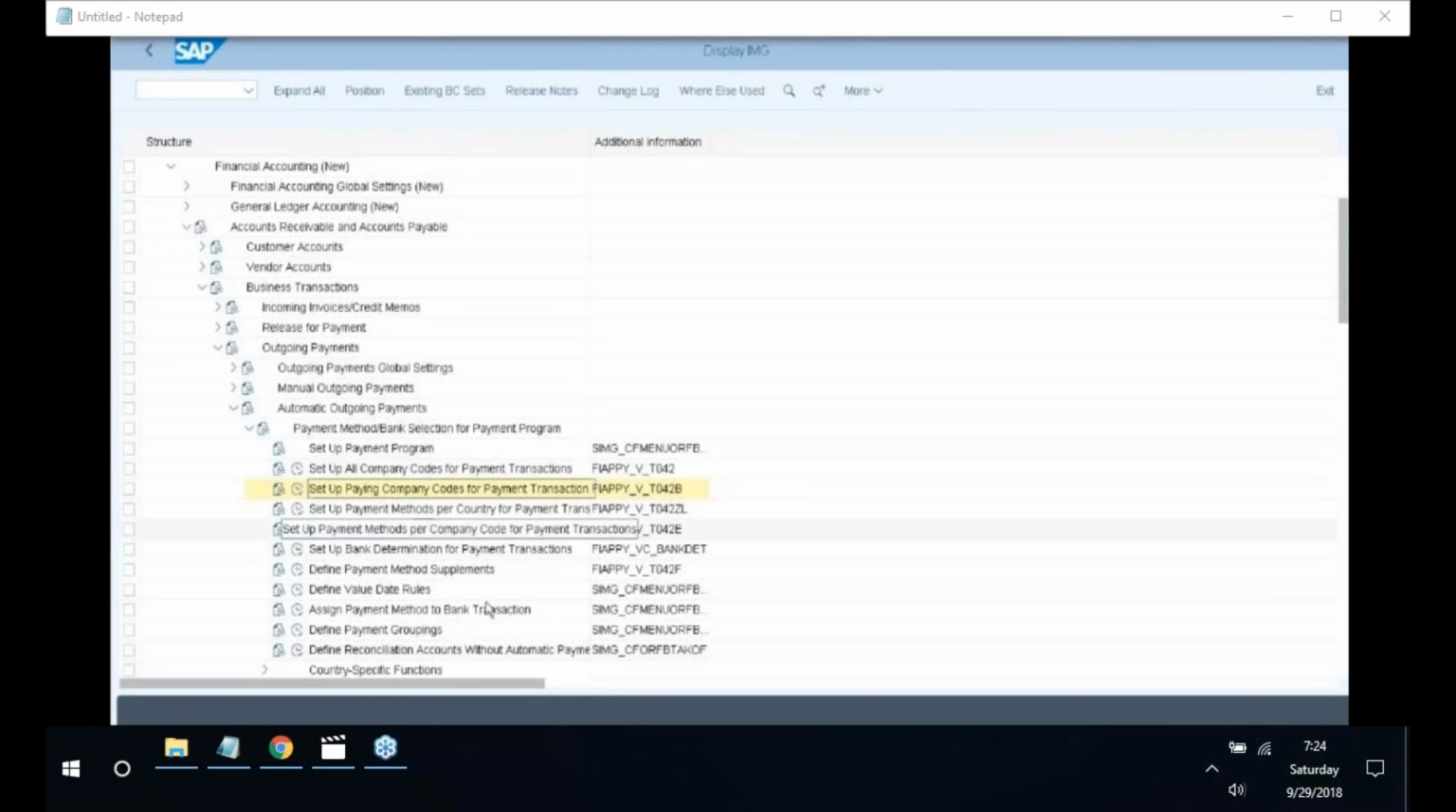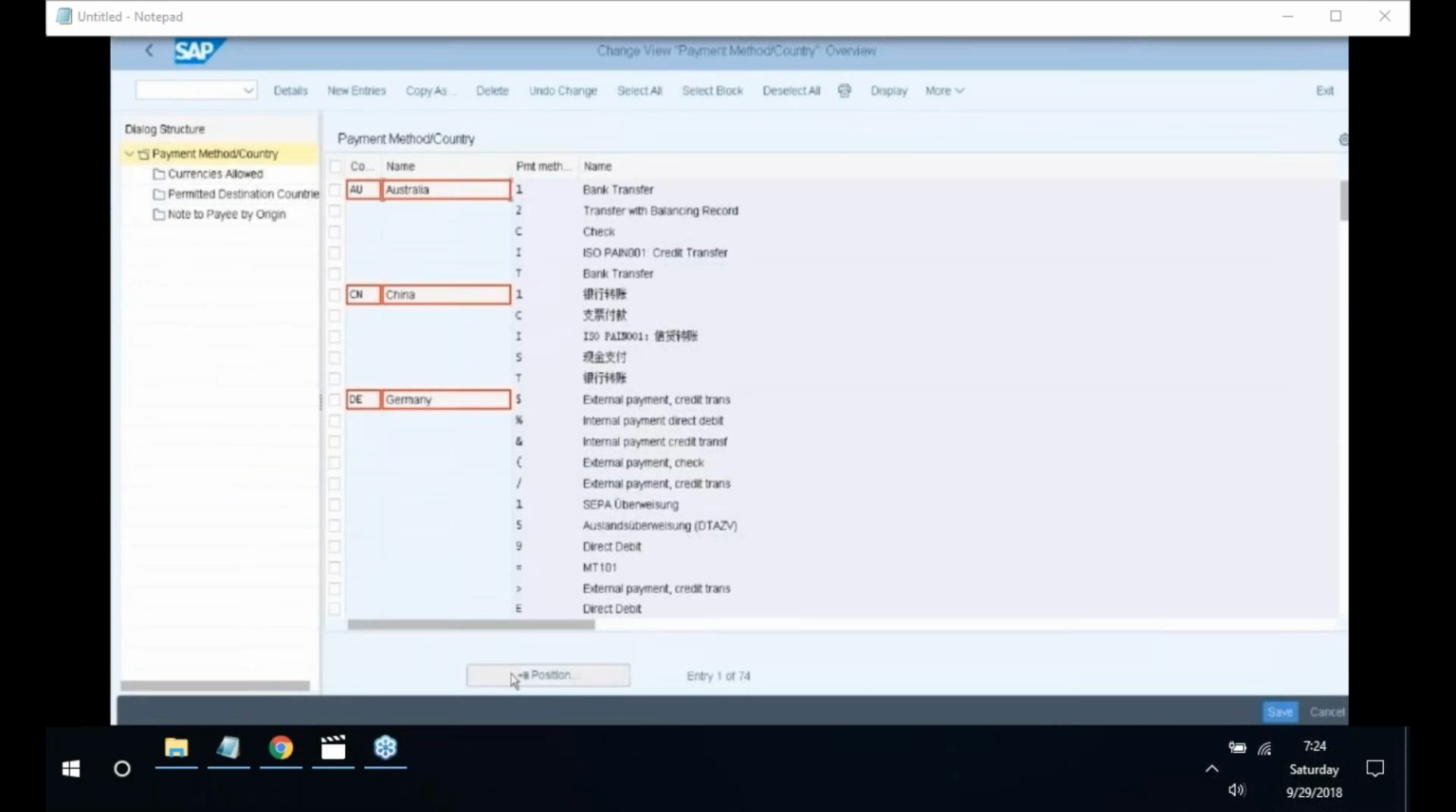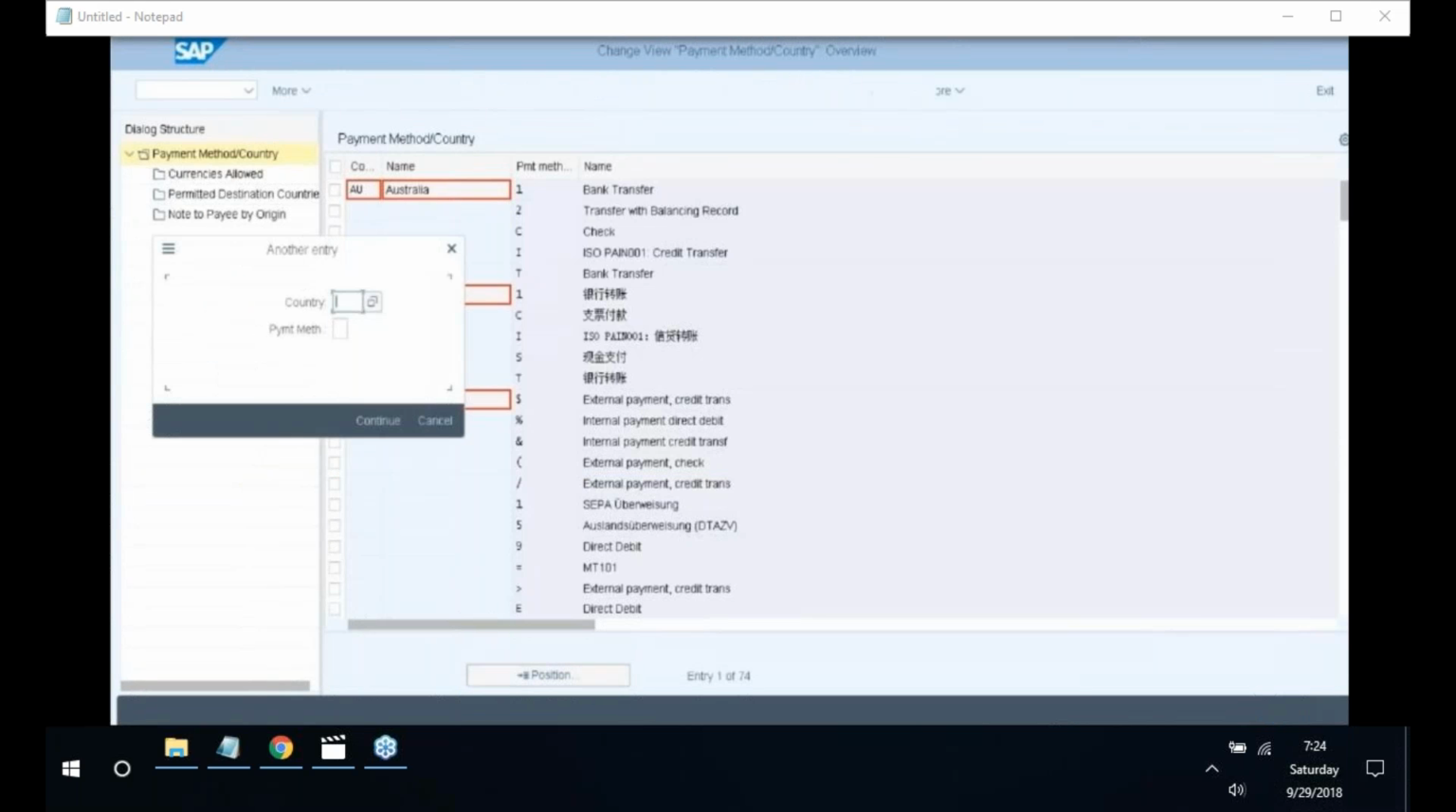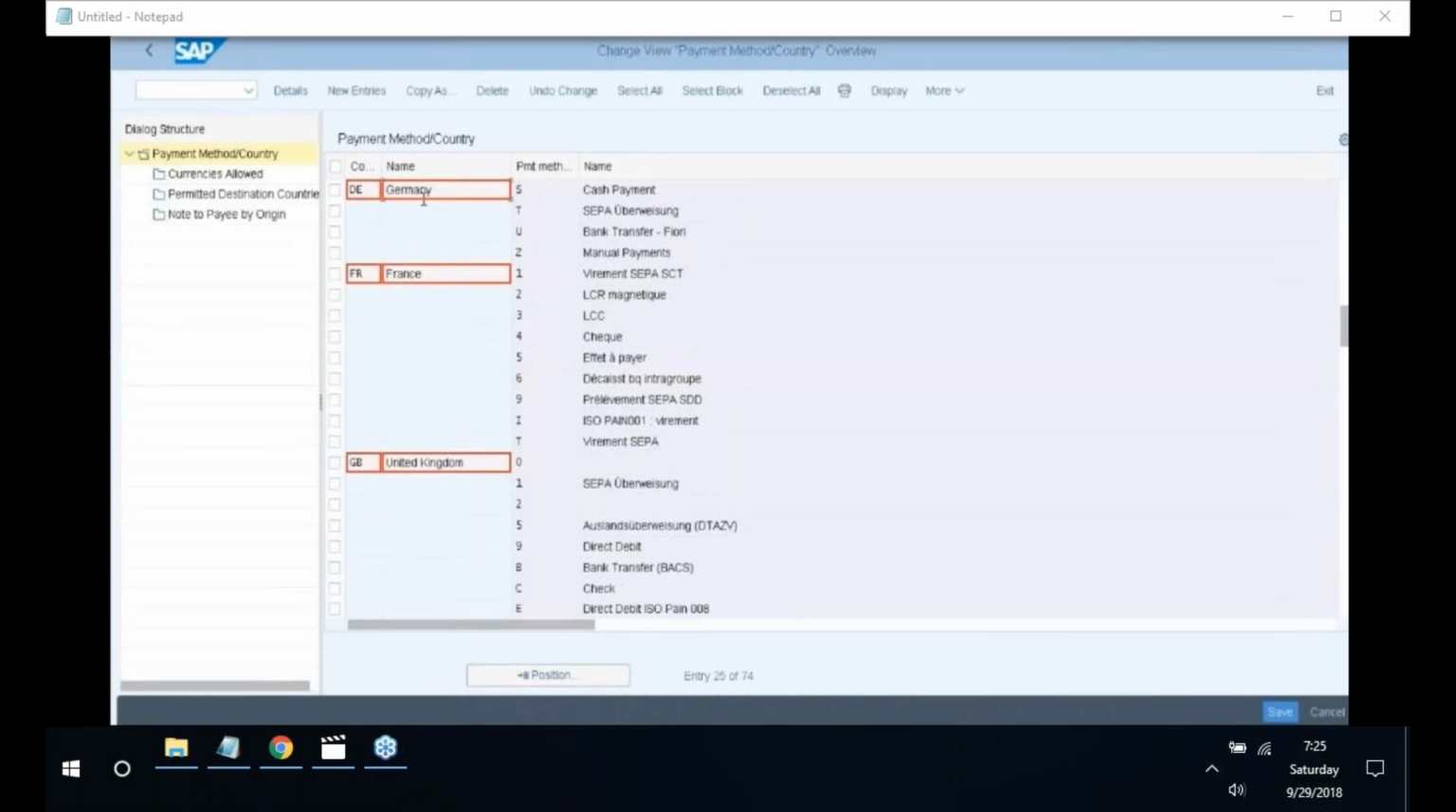Now let us execute payment methods for transaction. Click execute. Click on position. Enter the country DE. DE is in the sense Germany. Enter the payment method. Click enter. So here we can see